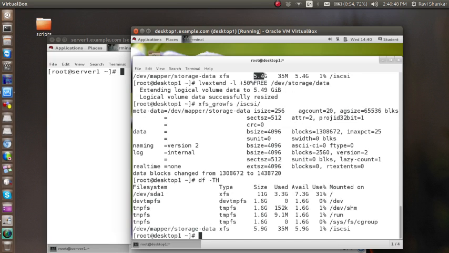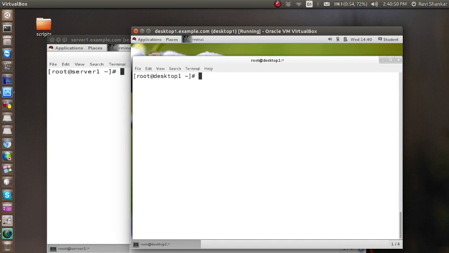So this is the basics of iSCSI, right? Hope you have understood the things,